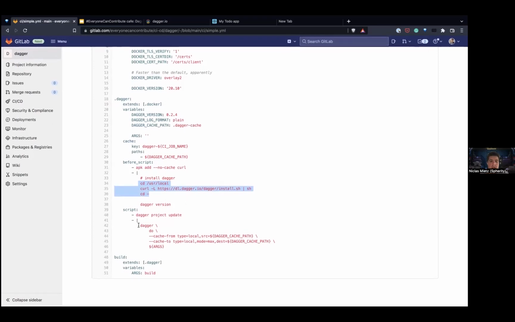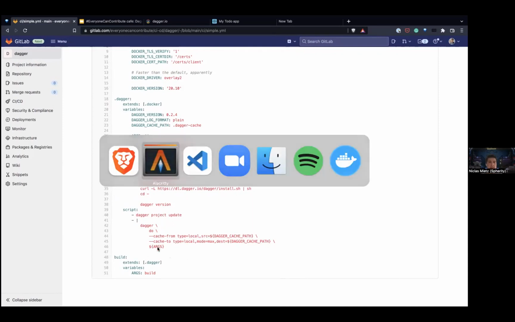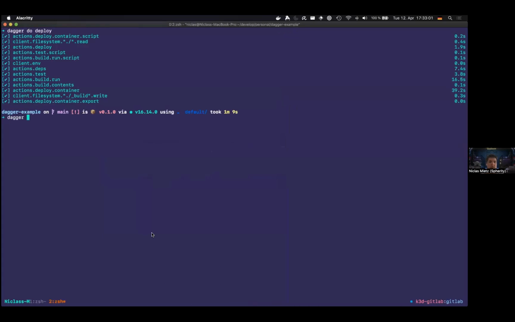And then we have a template of dagger do action. And no, I cannot see it. Wait, I need to move it. Then I can say, for example, args, and then I would have the build step. So then it would do dagger do cache from Dagger cache path, Dagger cache path do build, and it's literally the same command that I could do here. So when I do dagger build,